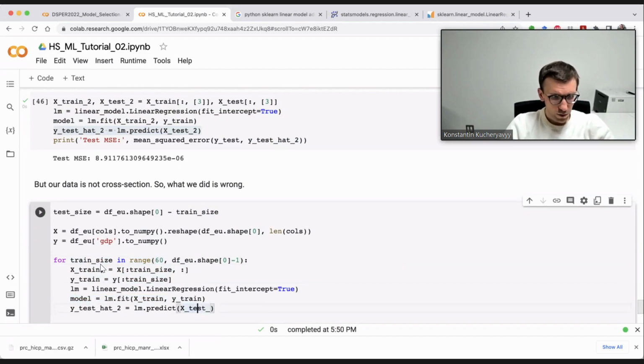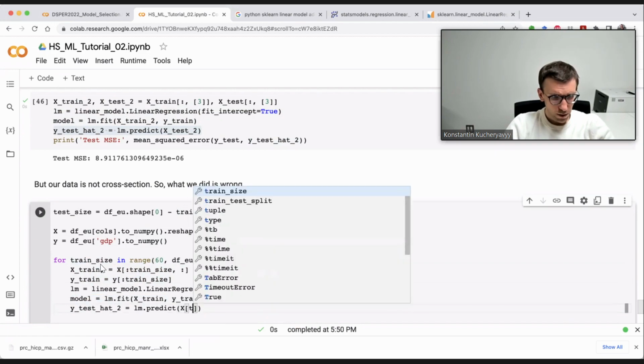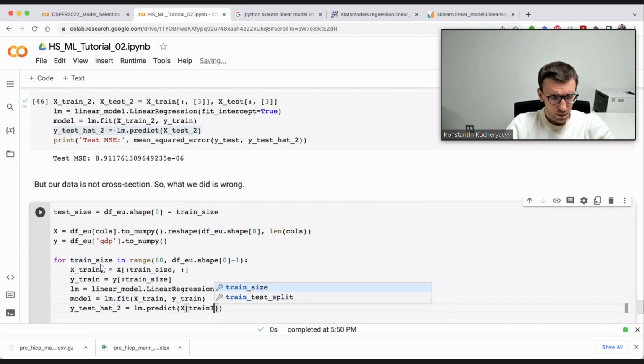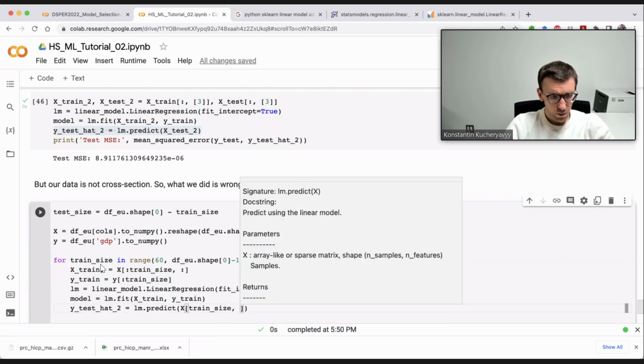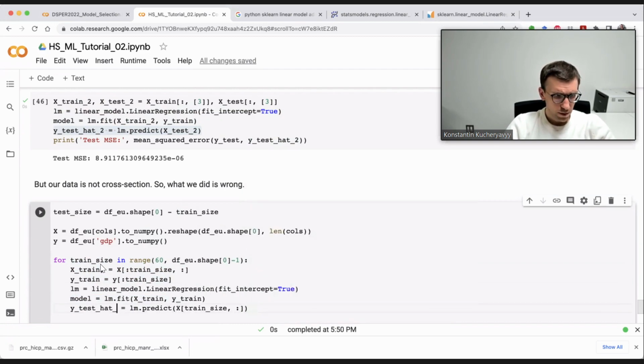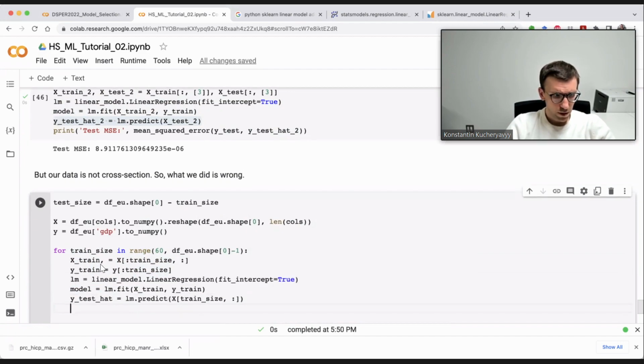Then I use X, the next one, to see how it fits, the next one, and then I